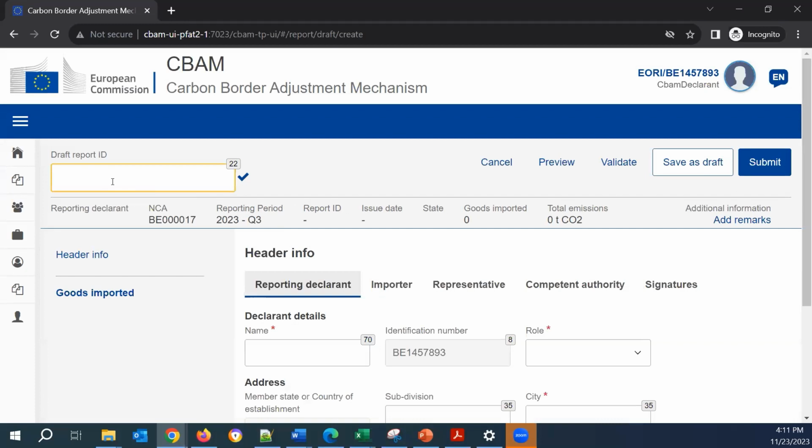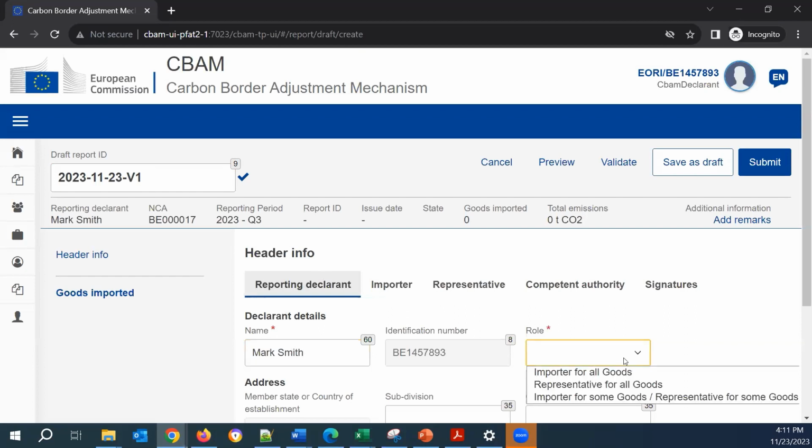The first thing we need to do is to put in our draft report ID. Let me put something here, the date, for example, 11, 23, 23rd, and let's call it the 1. Okay. My name will be Mark Smith, and my role is representative for all goods.